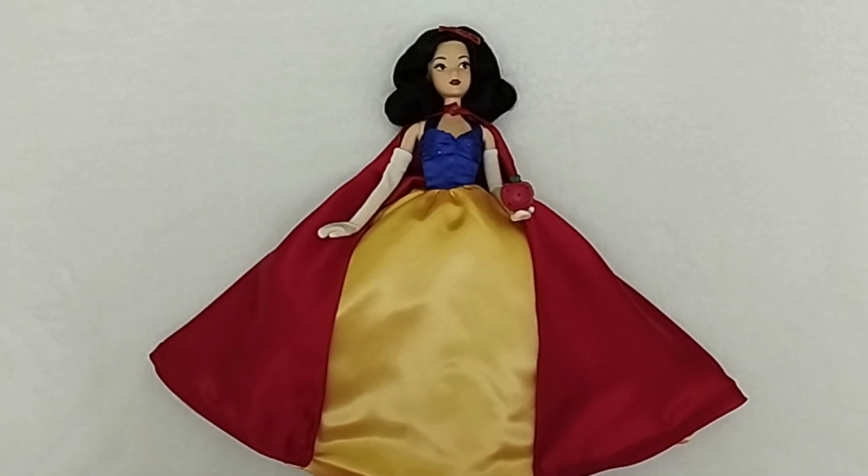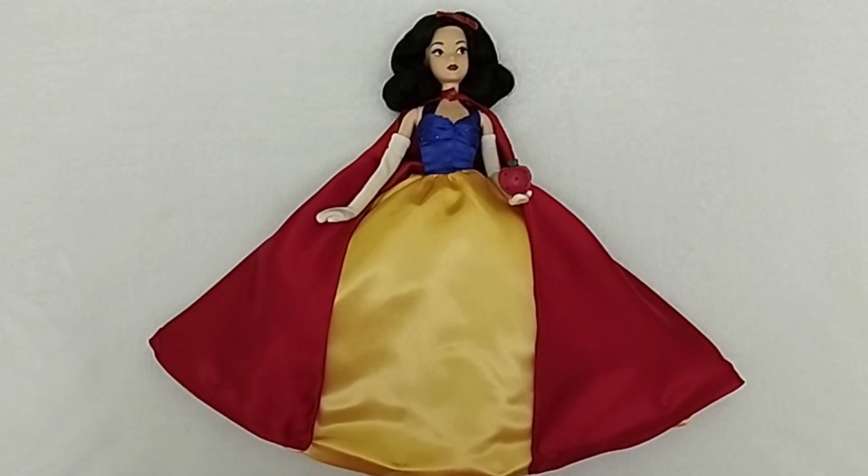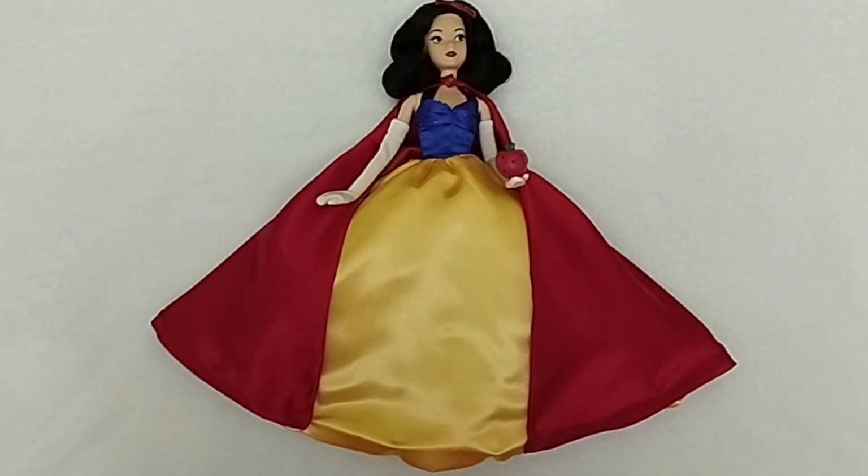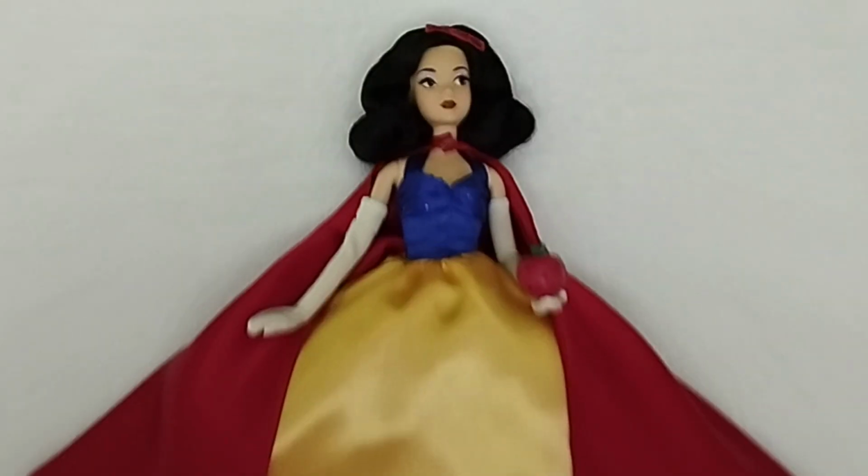I am very much in love with this doll, seriously. And I think that my sister is going to be so happy. She loves Snow White. So anyway,